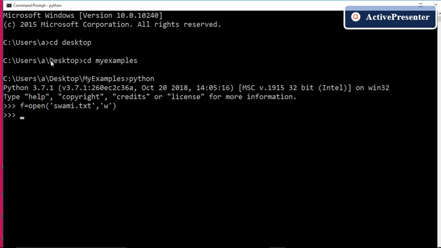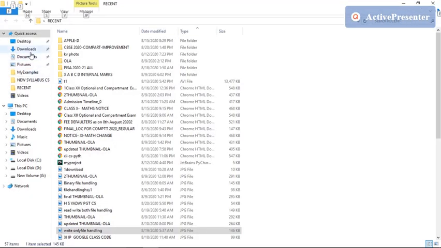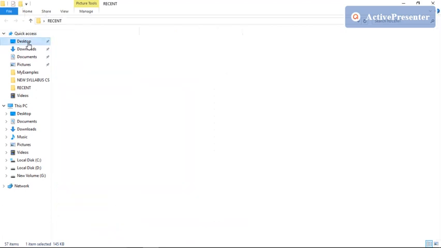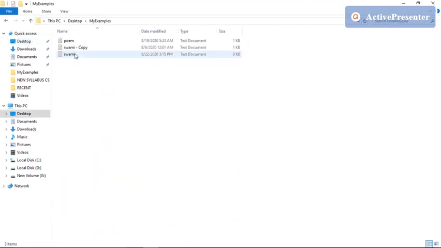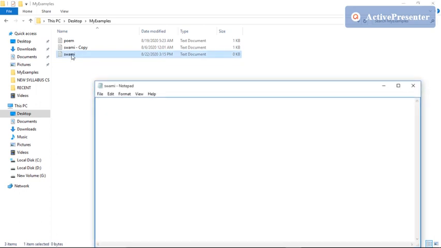To see the effect, let us go to the My Examples folder on the desktop, and let us open the content of the file swami.txt. Okay, we can see that here content has been truncated, and the pre-existing file content has been deleted.